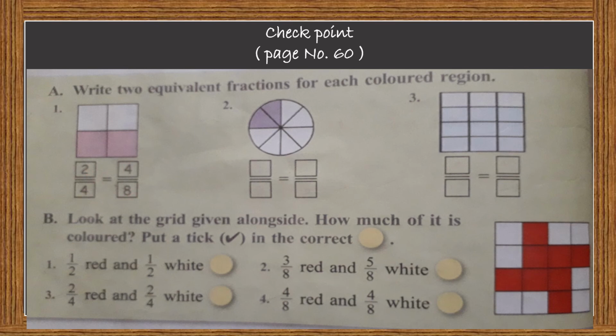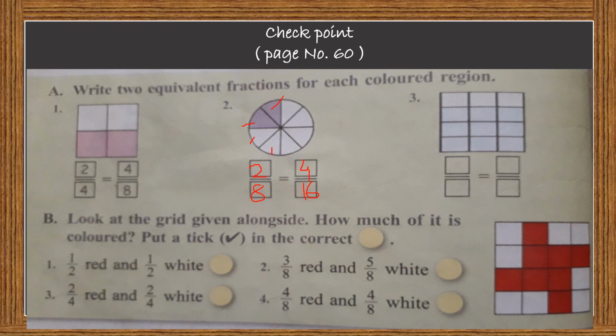Now let's take the next example. Now this complete circle is divided into how many parts? 1, 2, 3, 4. Similarly 4 here. So total there are 8 parts. Out of it 2 are selected. So my fraction is 2 upon 8. Now if I want to calculate the equivalent fraction of 2 upon 8, I will multiply this numerator and denominator by the same number. So I will multiply this numerator by 2, that is 2 2s are 4 and 8 2s are 16. So 4 upon 16 will be an equivalent fraction.